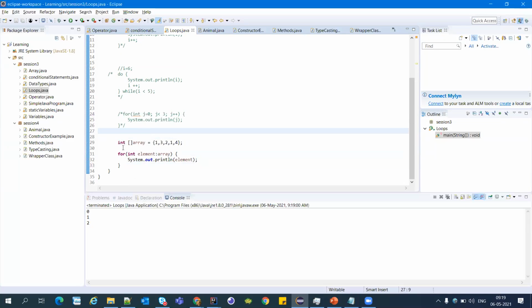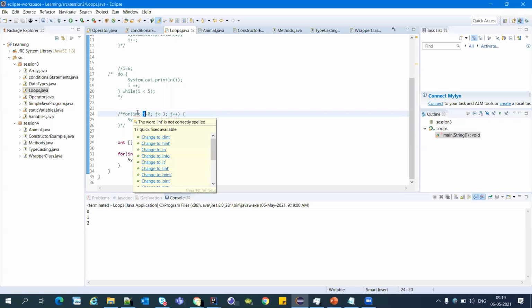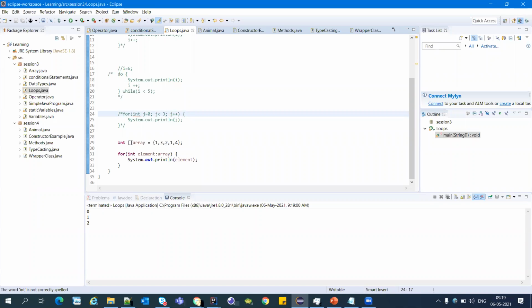This is the for each loop, where we don't have to have any condition or any implementation or any defining integer here. We simply have to have it only work on array or string, not on primitive data types. It will work on classes or arrays. So here we are using an array. It is an integer array.